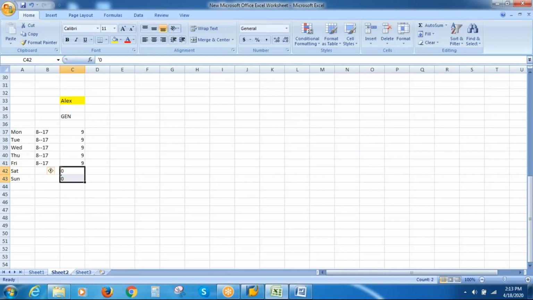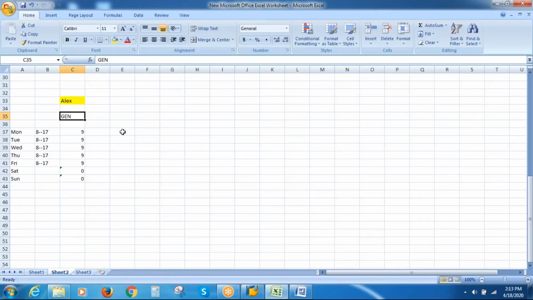So let's say this is as per the work schedule rule. This work schedule rule Gen has been assigned to this employee. As per this General work schedule, this employee is expected to work 5 days a week, Monday to Friday, 9 hours each day, and Saturday and Sunday is day off.